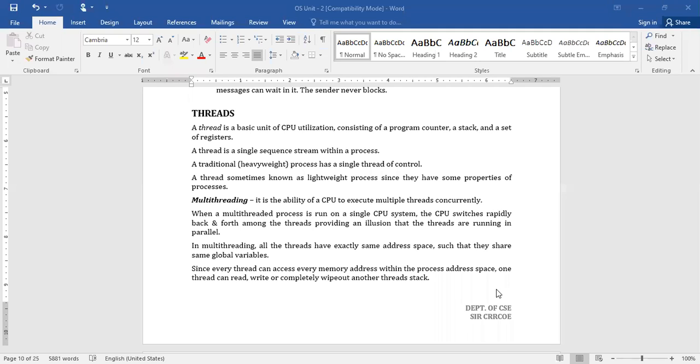For example, suppose you type something in a Word document. While you are typing, one thread will look after your keystrokes, that means whatever you are going to type, and in the background, some other thread will take care of finding spelling mistakes and grammatical mistakes, if there are any.